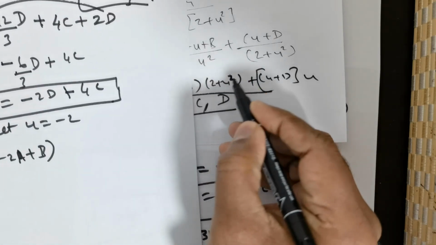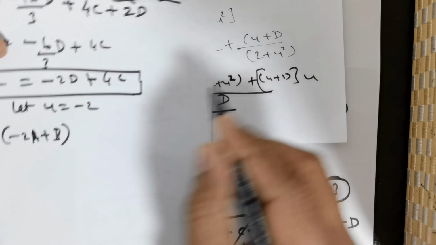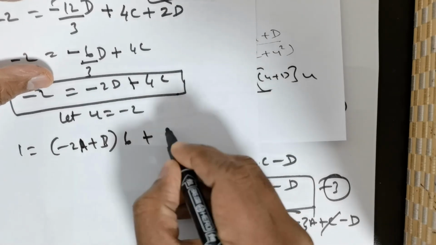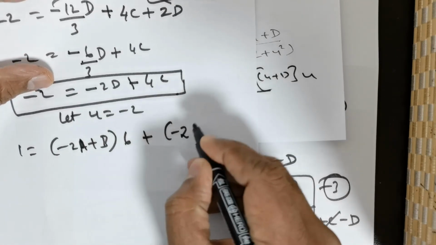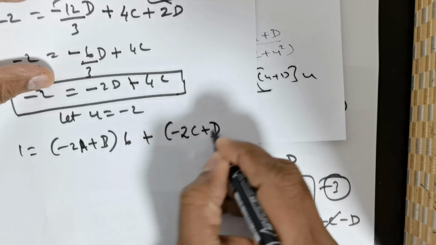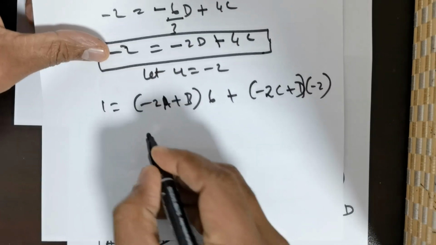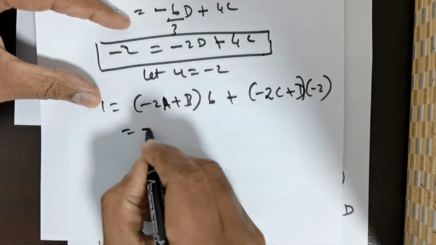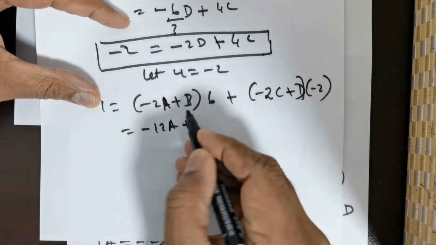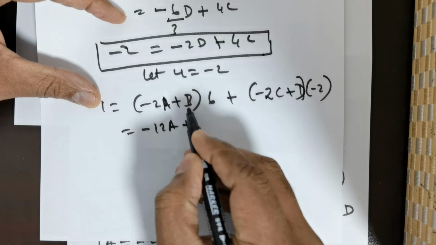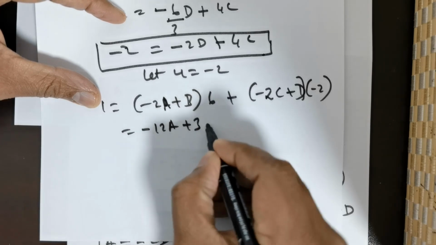This is going to be 4, right? 4 plus 2 is going to be 6, and then negative 2 times c plus d with negative 2. So just expand this. This is going to give me negative 12 times a plus b is 1 over 2. So we will get a 3 there,